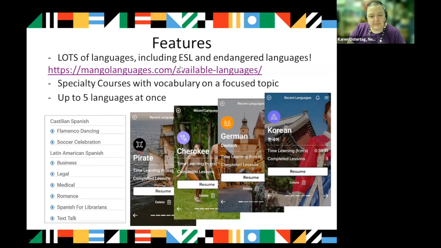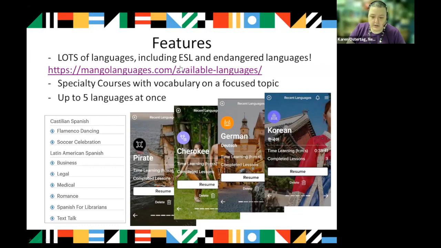So this is their way of promoting those languages and making them more available to the world and hopefully keeping them in use. There's also, as I said, English as a second language,